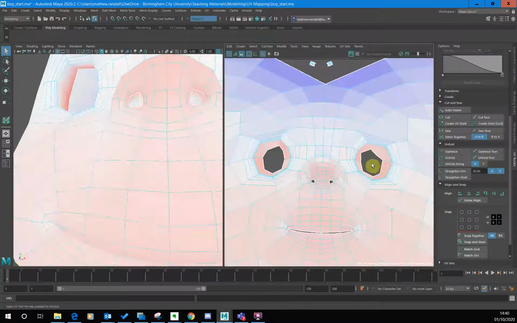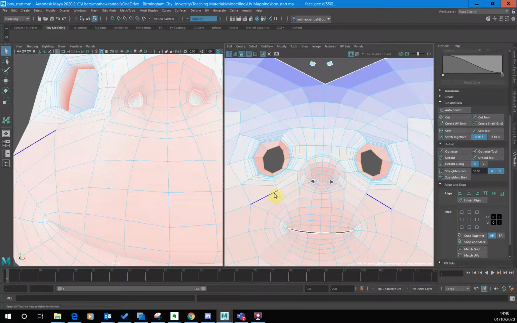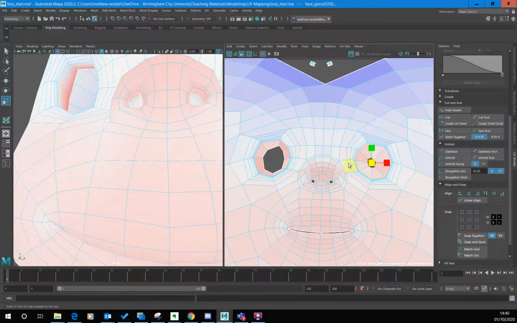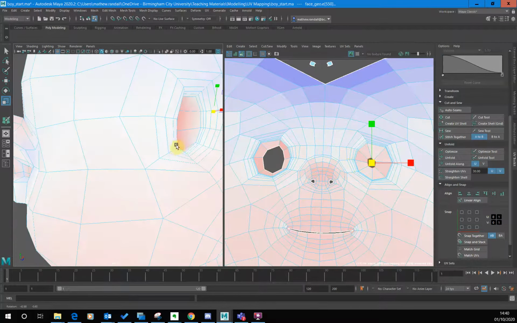So just looking at the eyes, I think the eyes are fine. One of the things I did think about was, because this is red, again, this kind of needs a bit more space. One of the things I did think about doing was, actually, if I turn off the symmetry here. So I'm just selecting one eye, okay? And if I go into scale, if I scale this in a little bit, it does give the eye a little bit more space. If we look in there, you can see what the problem is that we've got,